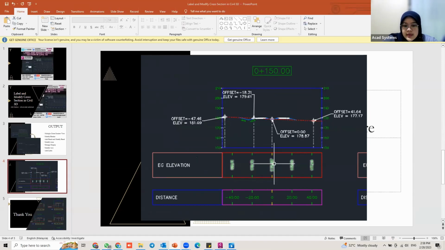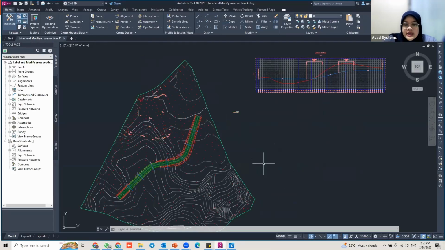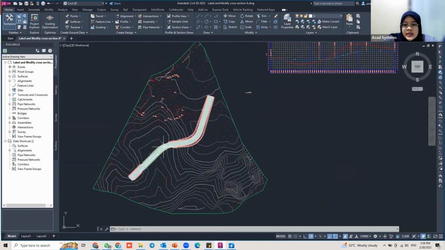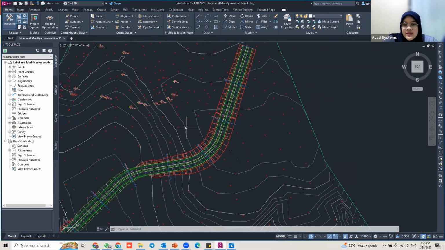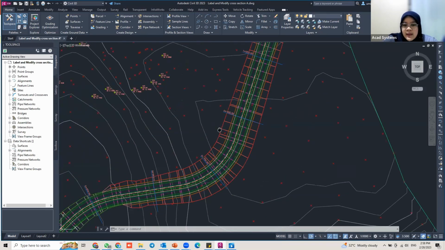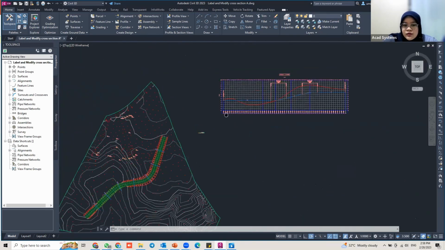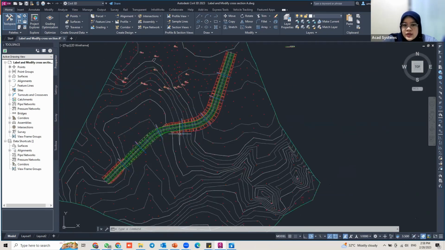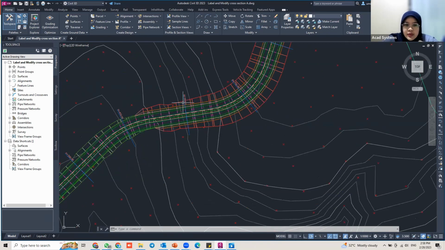So I will open my Civil 3D. I have already done the corridor work. I already done the assembly, the profile view, and also the feature lines and the sample lines. So if you want to create a section view,